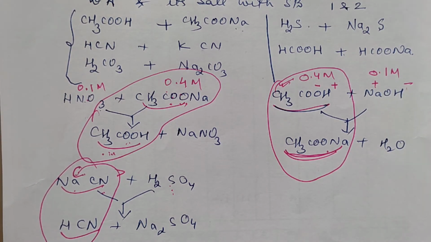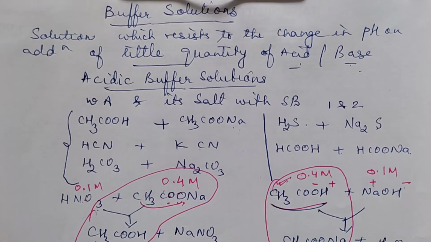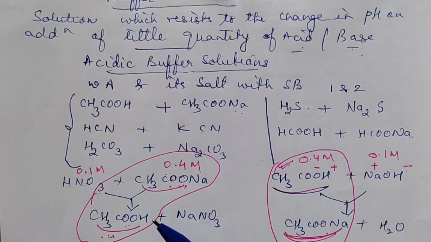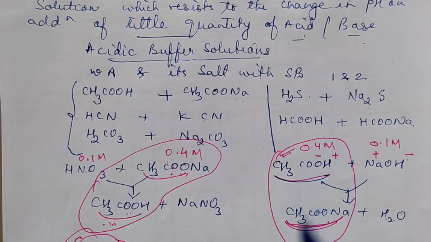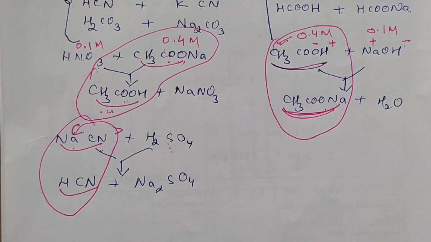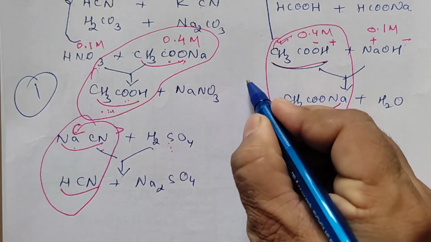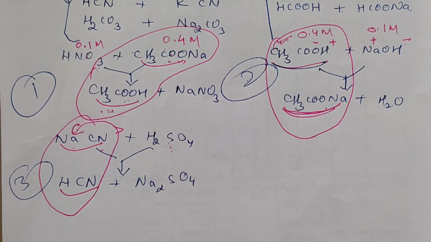Okay, so I think till here it is clear. Just see what I told you. First I told you what a buffer solution is, right? A buffer solution resists the change in the pH. Then I told you what an acidic buffer solution is. Some direct examples I have taken. Then these three examples I will just keep in one frame so that you can note them down. This is one example, this is the second example and this is the third example, where they form a product which, with one of the reactants, can act as a buffer solution.